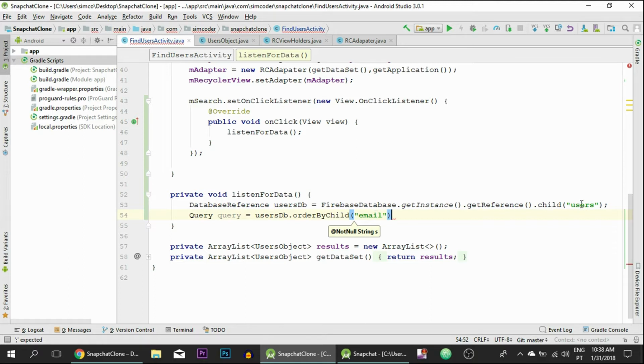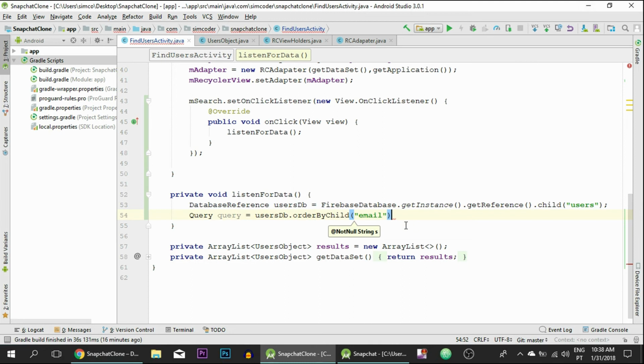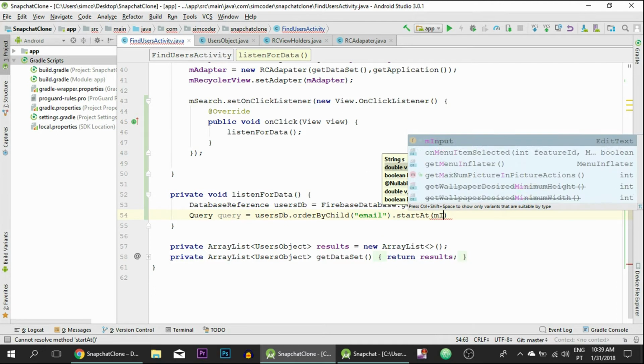It is going to get all the children inside users, which in this case are these ones right here, and order them by this child right here, the email of each and every single one of them. Okay, and then we are going to say startAt